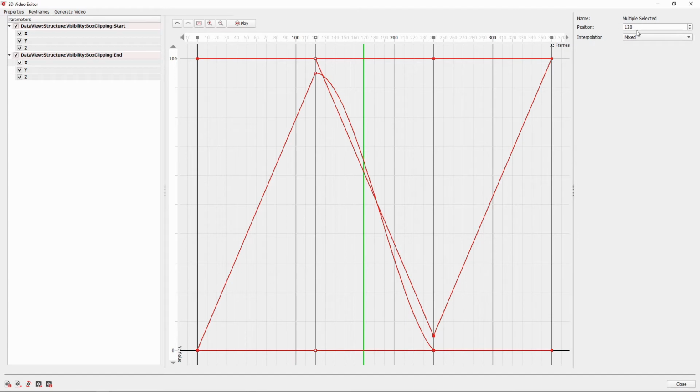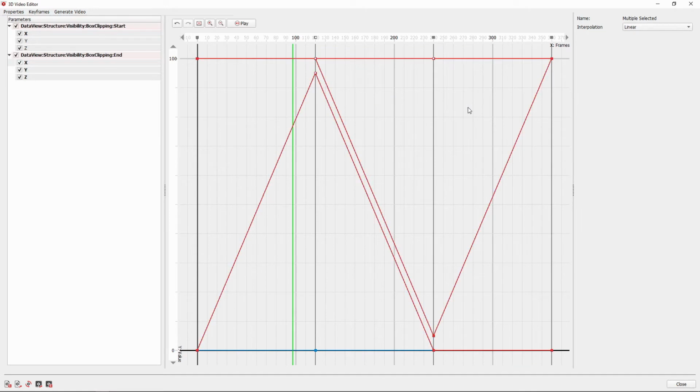If the position is changed, all selected points will be modified. If the points have the same interpolation applied, the interpolation will show the specific interpolation type. Else, it will show the type mixed. Changing the interpolation type will apply to all selected points. If multiple points have been selected on a different keyframe, only the interpolation type can be changed.